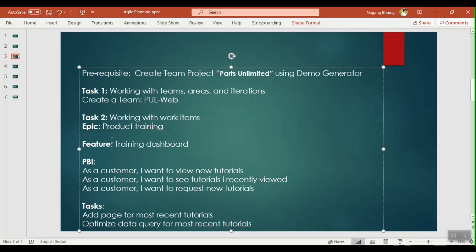So usually the standard practice is that we define an epic, which takes, I can say, 1 to 3 months of time. Okay, so that's the duration for the epic. It's a larger item, whereas a feature will take a couple of weeks to months, and PBIs can be 1 day to a week. Tasks are recommended to be created so that we can complete the task within a day. So that's the standard recommendation. So let's go and create these work items.